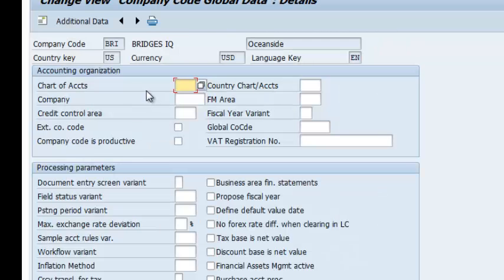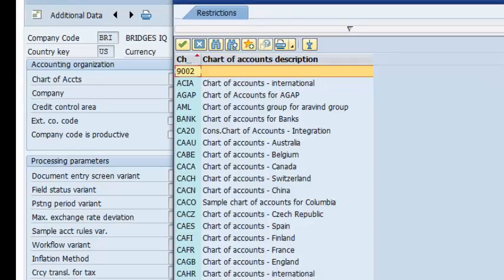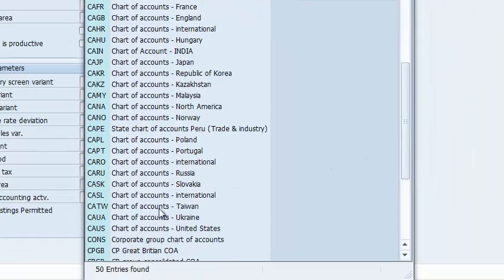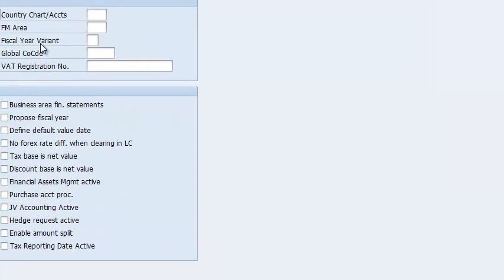So we click on it, and we have a number of fields that need to be populated. But for the purpose of this illustration, the two fields that are most important in this screen that we have here are the chart of accounts and the fiscal year variant. So we are going to populate chart of accounts. Again, this is kind of a directory of all ledger accounts, and we'll go to US. That is down here. So again, we go to fiscal year variant,